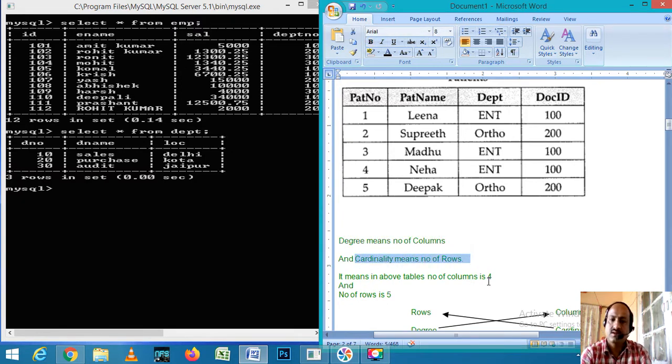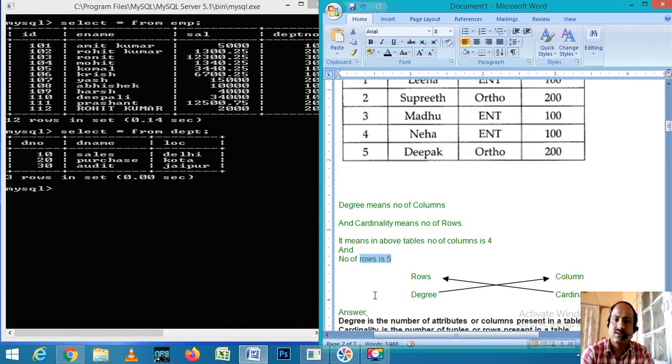So how many columns do we have? Right now we have 4 columns and 5 rows. So write rows and columns on one side, and degree and cardinality on the other.